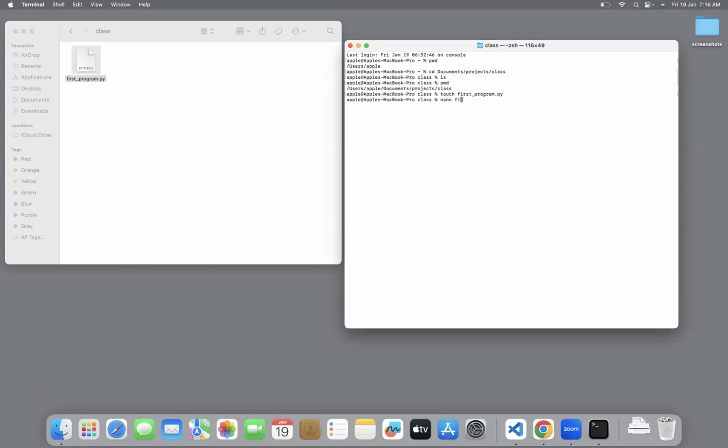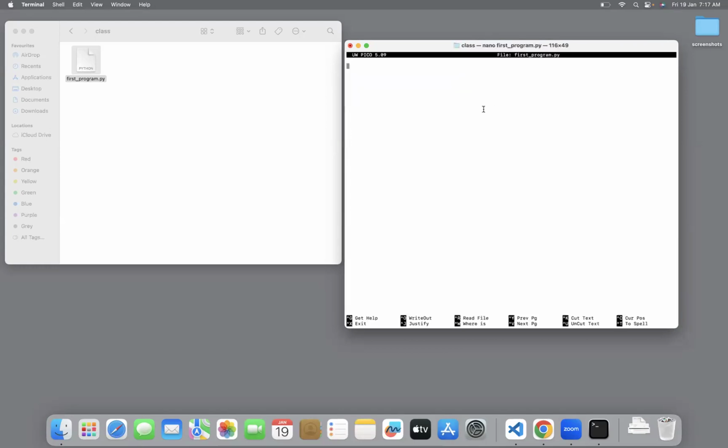Now let's try to edit this first program. There is an editor called either Vim or Nano if you are using Linux or Mac systems. If you are not, you can download it on Windows also, or you can use the graphical user interface method itself. But right now, I just want to show you how you can edit it.